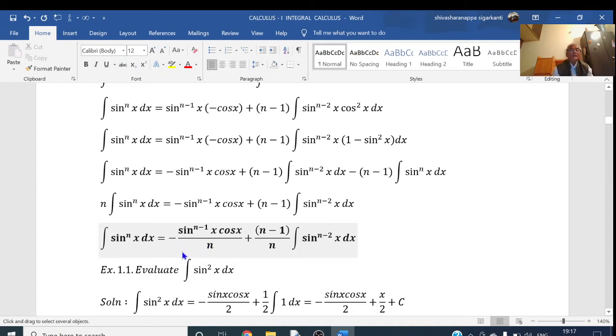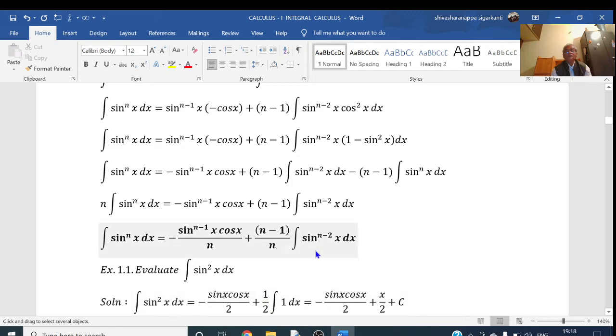Now to evaluate the integrals of the powers of sine, first I will evaluate the integral of sin square x dx. If you compare this with the reduction formula, here we have n equal to 2. If I put n equal to 2 in this reduction formula, we get the integral equal to minus, 2 minus 1 is 1, that is minus sin x into cos x by 2, plus 2 minus 1 is 1 by 2,